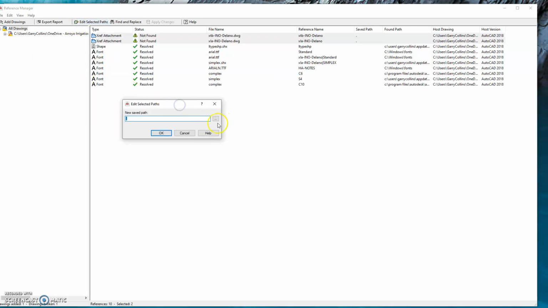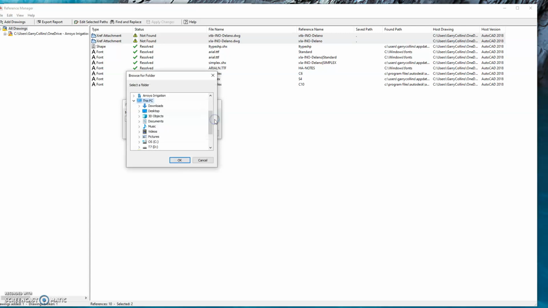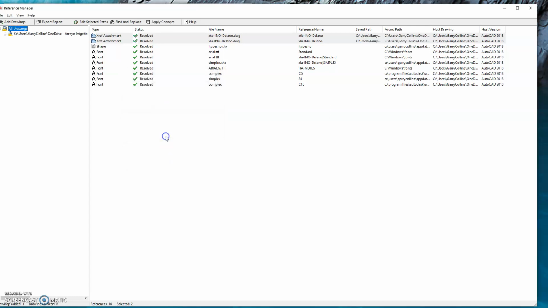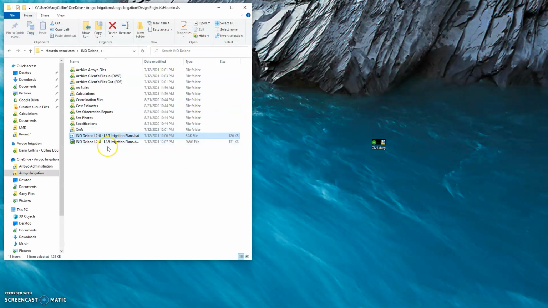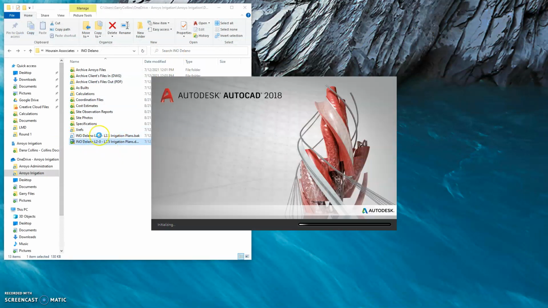Select the XREF path. Find the location. And then I don't actually go into the folder, you just click the folder that they're on. So now it says resolved. Hit apply changes. And now when I open it up,